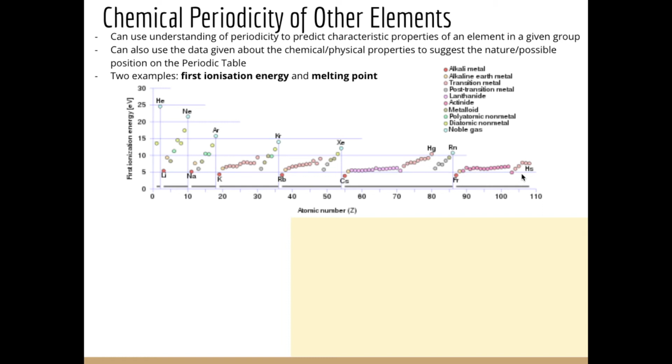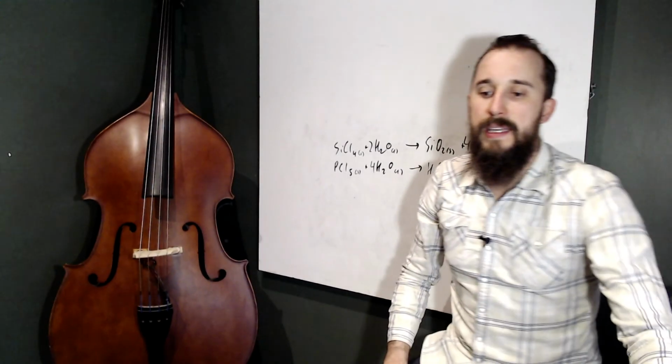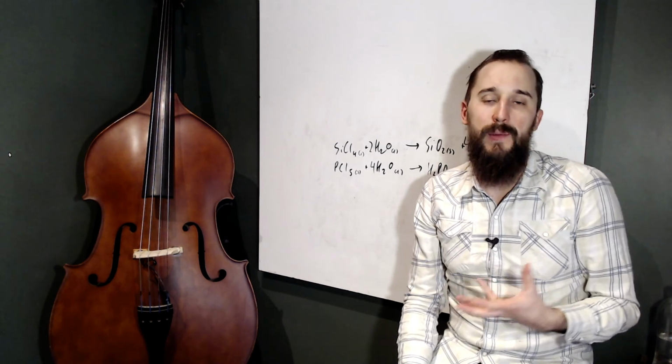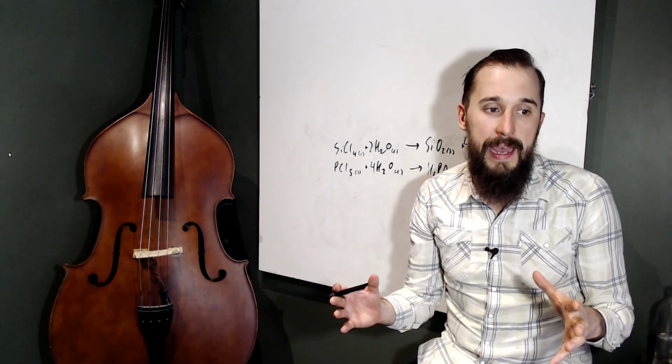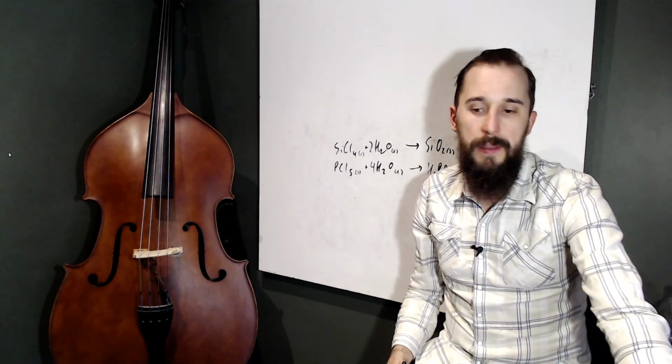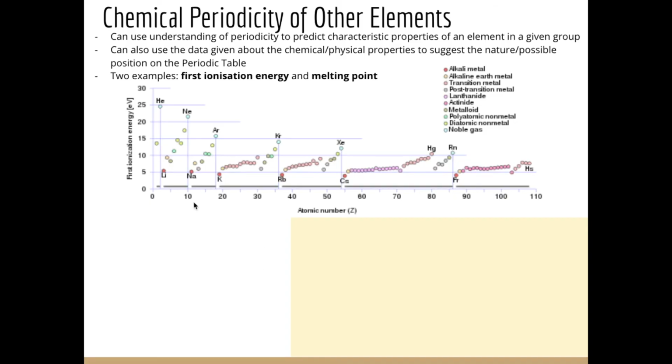Now, obviously, as we go down the periodic table, we start to introduce some new types of elements. We get our D blocks and our transition elements. We get our lanthanides, our actinides, our F block in there. So we'll see some different trends for those. But what we can note here is that if we focus, let's say, on our